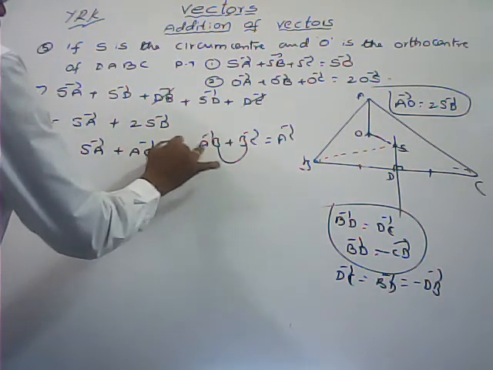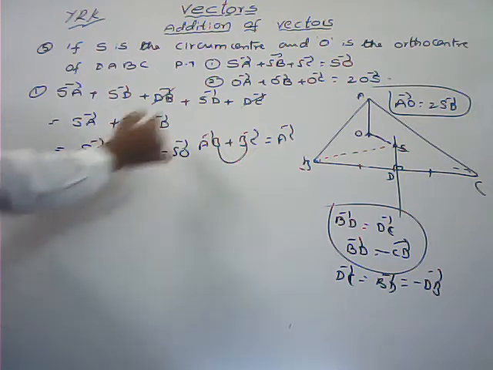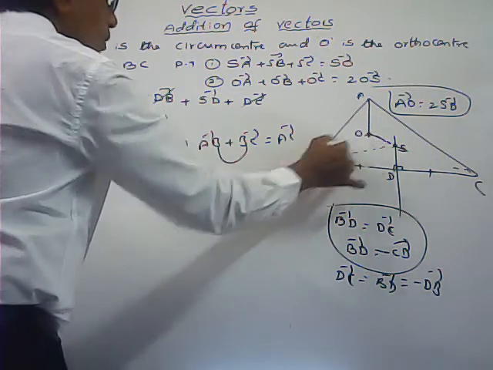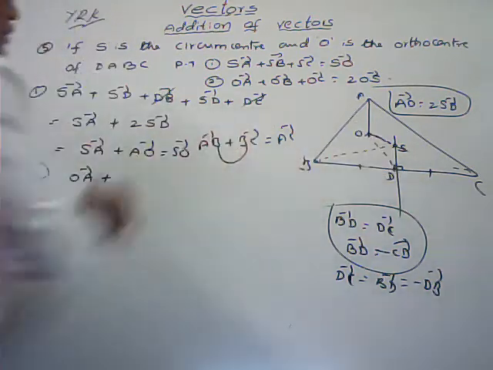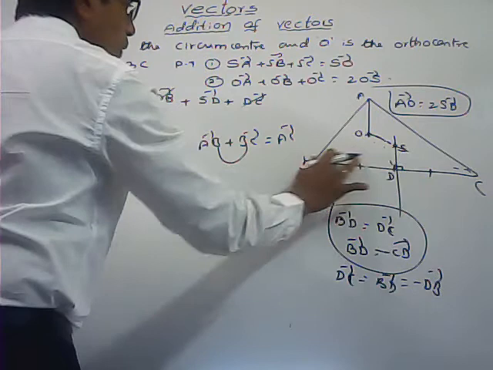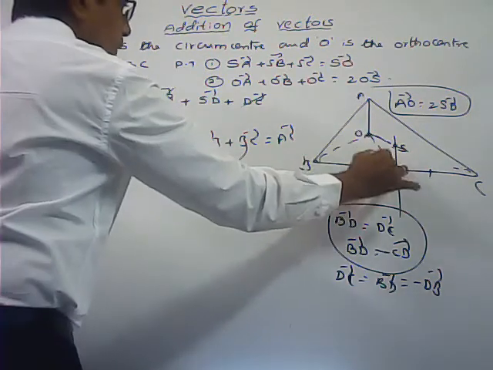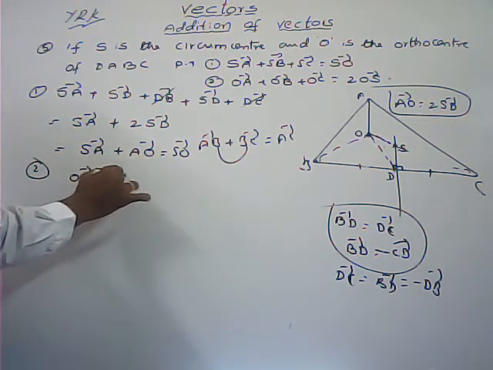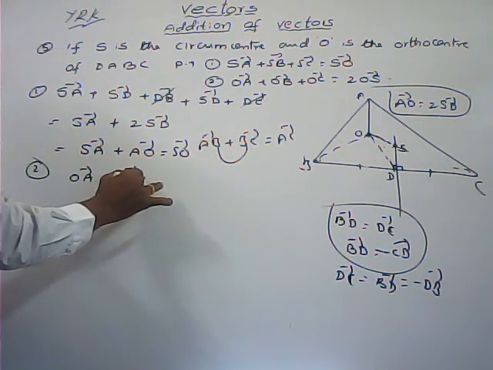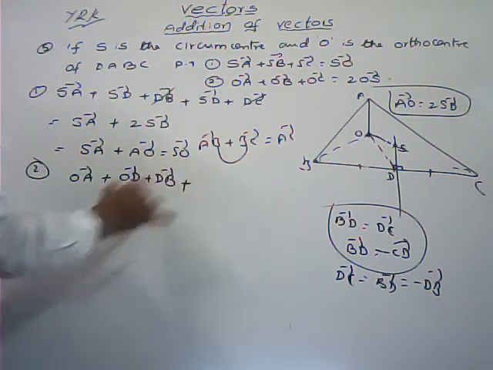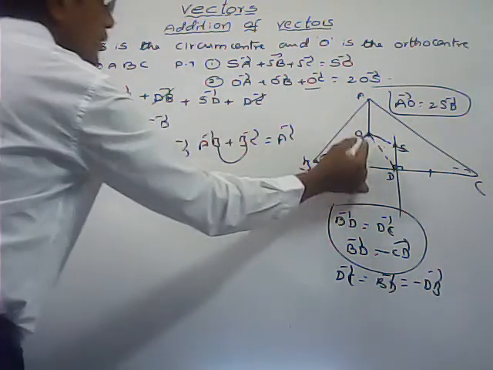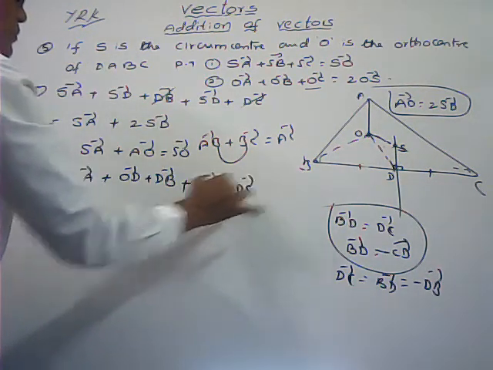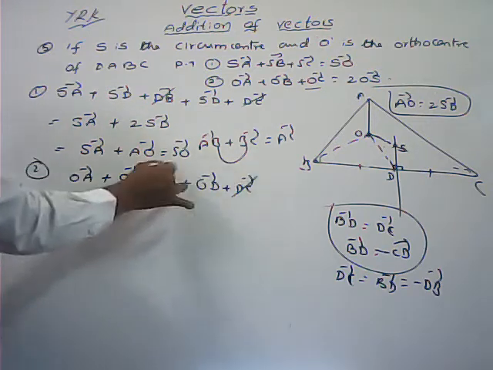That is equal to SO bar. Second one, OA bar plus, in the place of OB bar, here also I am applying the triangle law of addition only. Here you can join OB and OD, so this is one of the triangles. OB bar is equal to OD bar plus DB bar, plus OC bar. OC bar we can write OD bar plus DC bar. Here also DB bar and DC bar are there, both get cancelled.